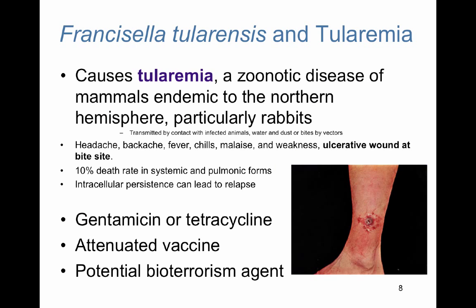Now moving on to Francisella tularensis. This is the causative agent of tularemia. This is again another zoonotic disease. And we see a lot of cases of this in the northern hemisphere, particularly associated with rabbits. So again, it's transmission by contact with infected animals, although we've also seen cases with water, dust, or even vectors, so insect bites. And one of the characteristic telltale signs of this infection is this ulcerative wound at the bite